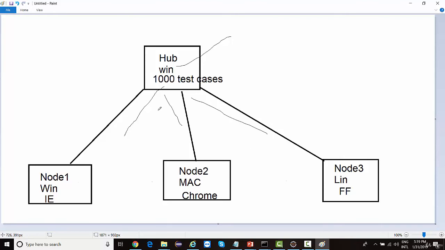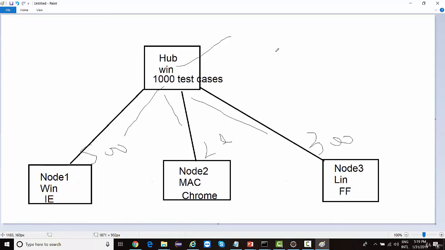I can even distribute the tests. I can say 500 should run on this, 200 should run on this, and 300 should run on this. So I can distribute my test cases as well, and I can have multiple machines connected as a hub when I am executing, as nodes when I'm executing the tests in parallel on multiple machines and multiple browsers.